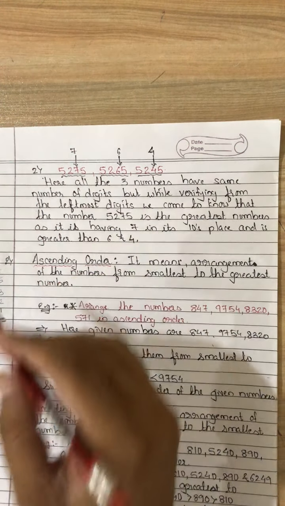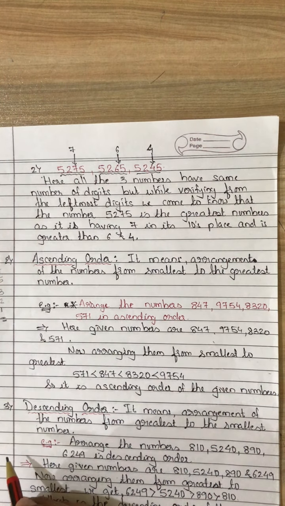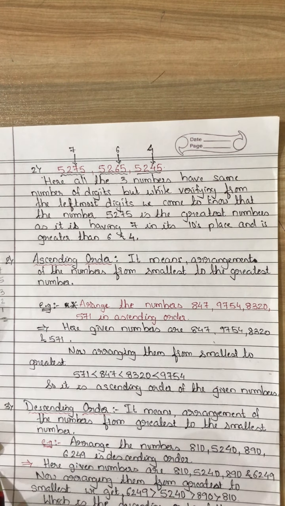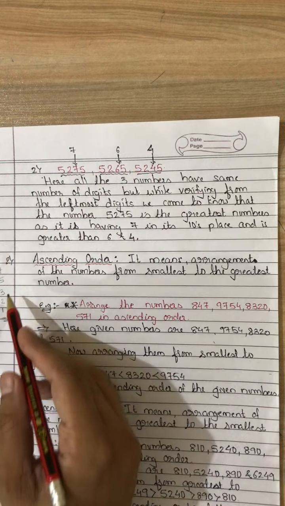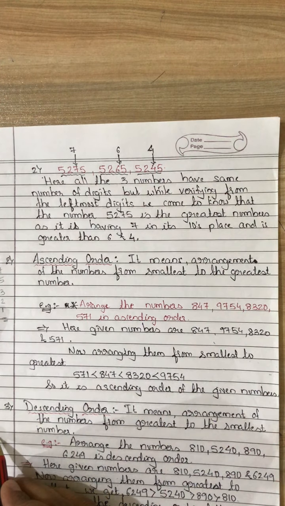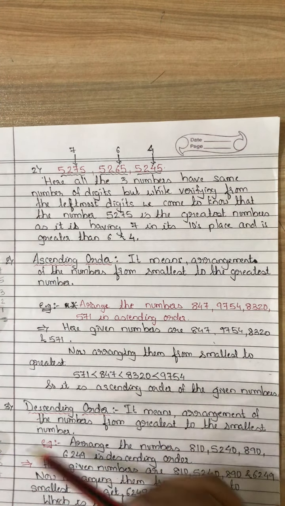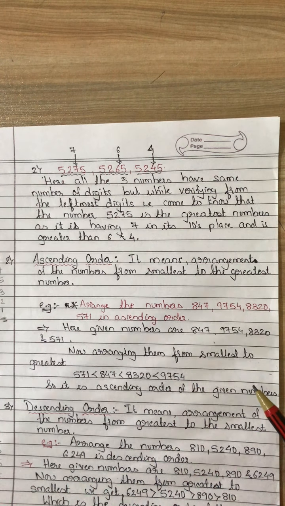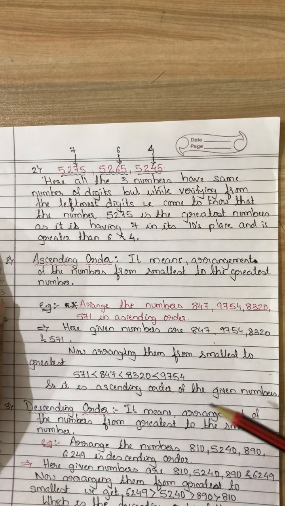Here we will take 7 first. 7 will be the first number. As I have taken these numbers, I will take the same numbers. 7 will be the first, then comes 5, then 3, then 2, then 1. But every time they will not be giving you single digits. They will be giving you 4 digit numbers, 5 digit numbers. Then do not worry. Let us take one example. They will be giving you this type of question.